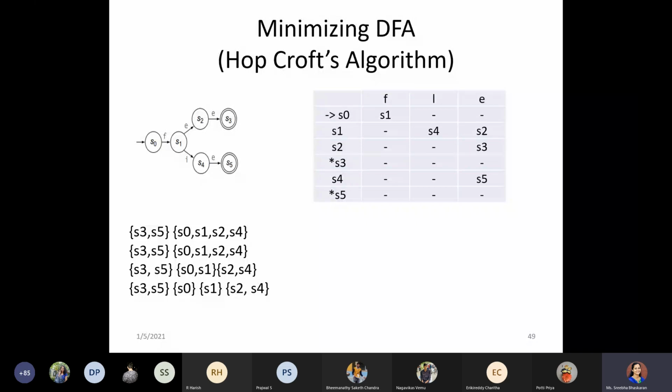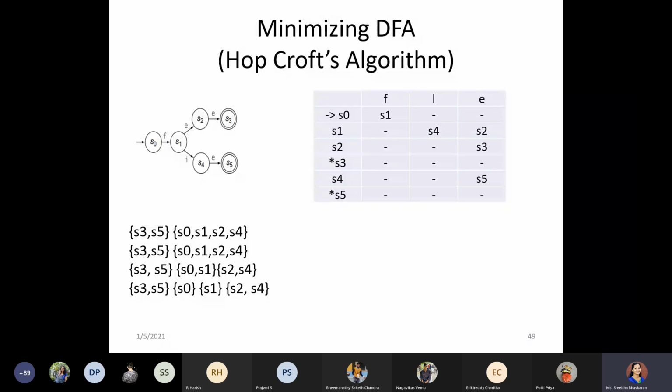So when we have null during these transitions, we look at whether S1, S4, and S2 belong to the same group in the previous iteration.